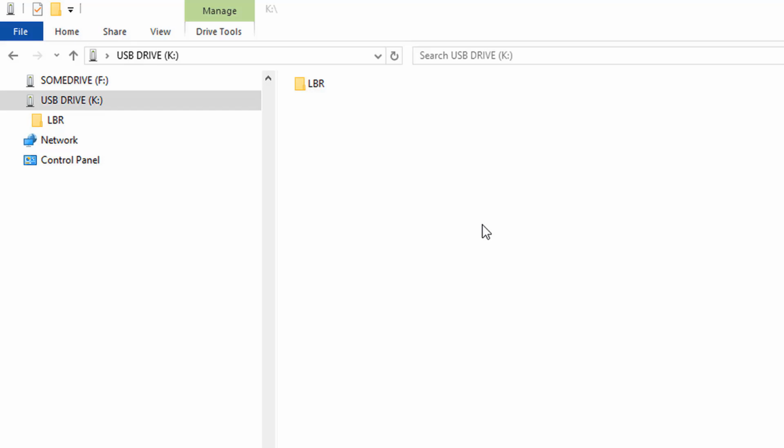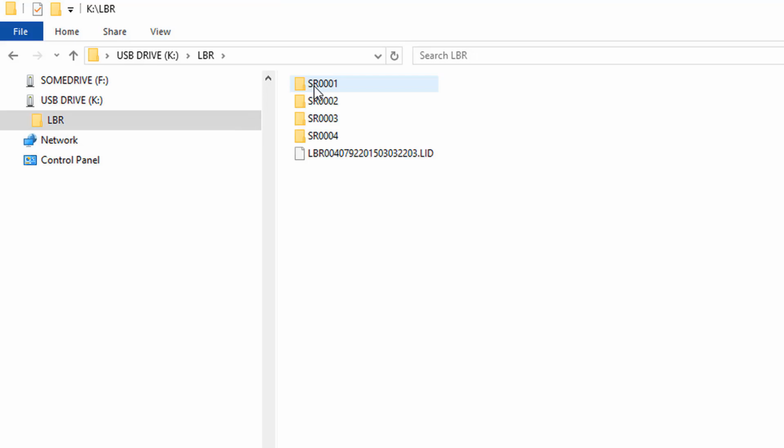Once your SD card is connected to your computer, the computer is going to assign it some drive letter. Now in this case, it's assigned it K. For you, it could be a totally different letter. And it'll also assign it a name. For me, it assigned it USB drive. On that SD card, it has a parent folder called LBR. That folder is a LabRadar default, and we're not going to change it. But when we go inside that folder, I double-clicked it, you'll see the shot series 1, 2, 3, and 4.